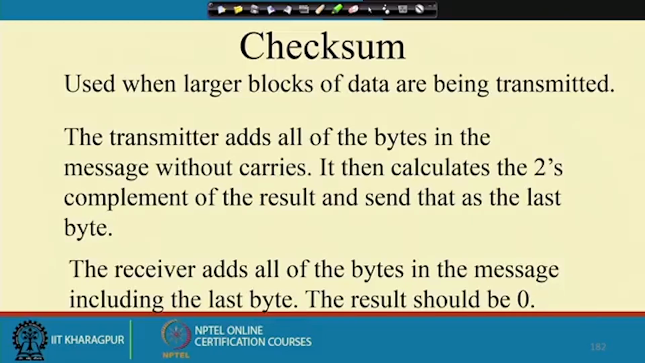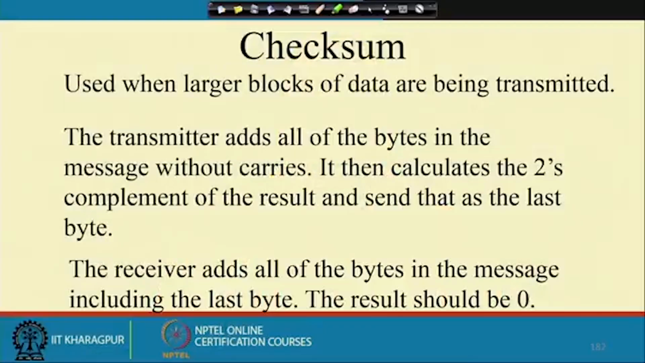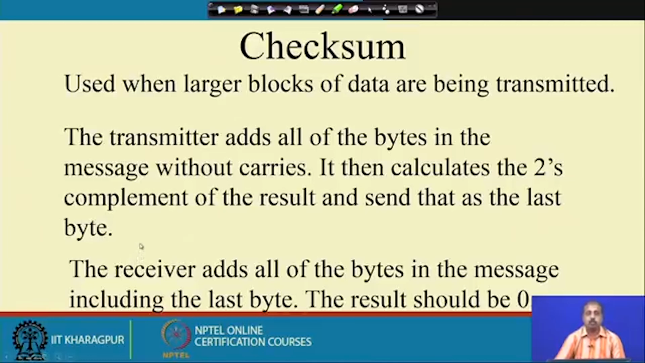So, whatever the policy, ultimately it comes up with a signature, and that signature, or the remainder, whatever we call it, will be put at the end of the message, and this signature will be checked at the receiving end. For the policy where all the bytes are added, the result's 2's complement is computed and sent as the last byte. So, after taking the sum, we are negating the sum and sending it to the